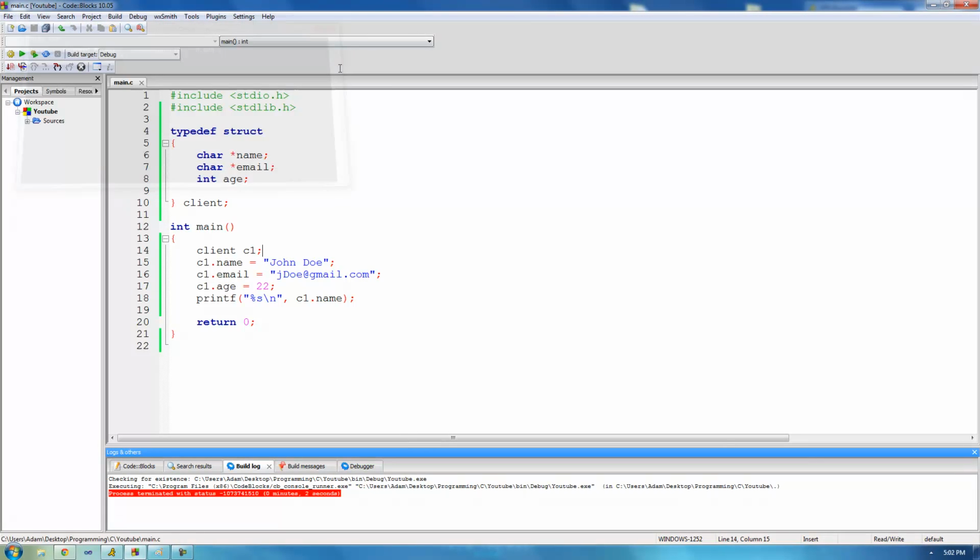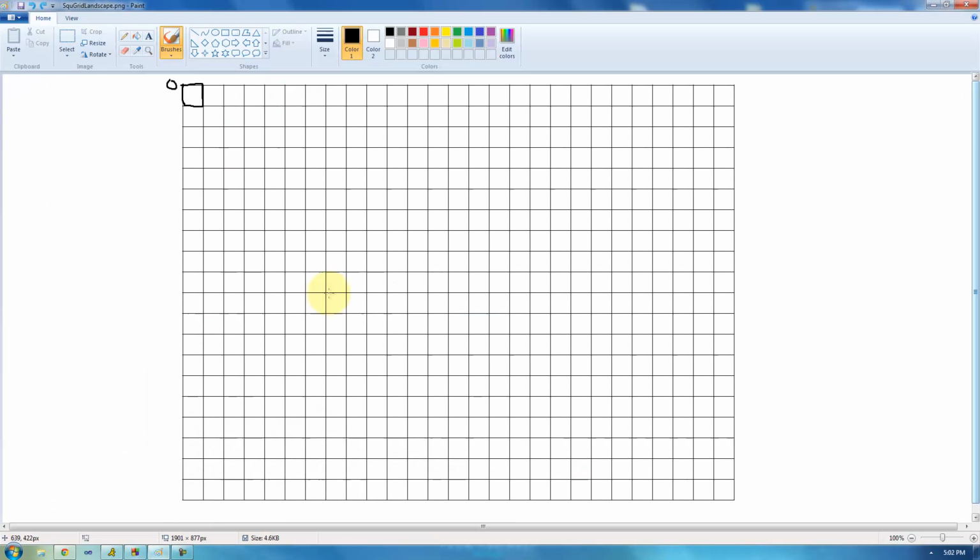Alright, perfect. Now let's talk a little bit about how strings or character arrays are stored in memory. So let's assume that each character takes up 1 unit of memory. So let's just go ahead and paint right here and draw out this character array called name in memory. So we're going to say the J takes up 1 unit of memory, the O takes up 1 unit of memory, and so on. So John